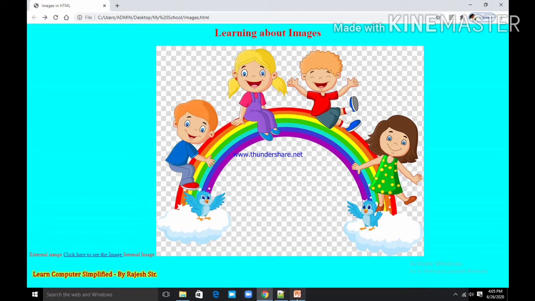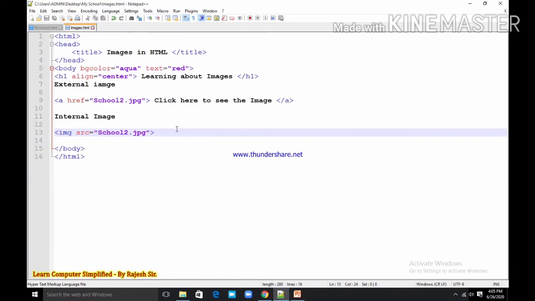Okay, we can add other attributes also, like height is equal to suppose 150, or for example height 400, and same way width is equal to 750, for example.